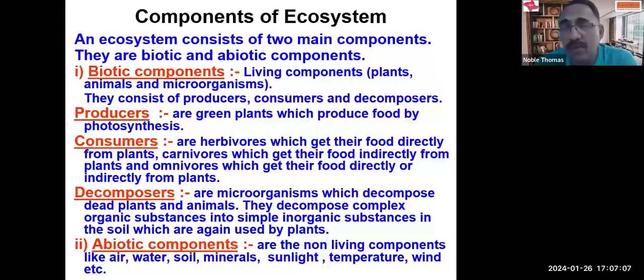So on one side, we have producers which convert inorganic chemicals into organic food. And on the other side, we have decomposers which are converting organic materials into inorganic nutrients, which can further be absorbed by plants again. So decomposers ensure that the nutrients are supplied back to the soil. Within an ecosystem, no material is taken from outside, no material is given outside.